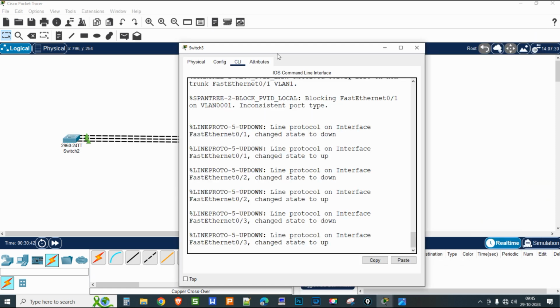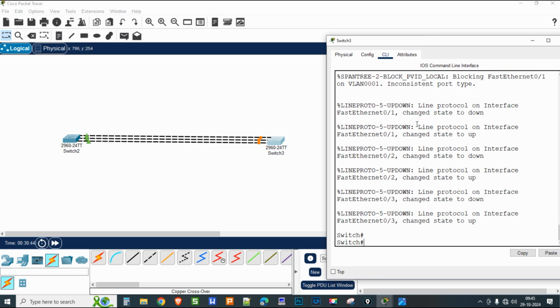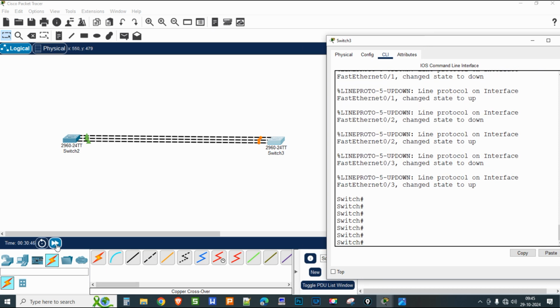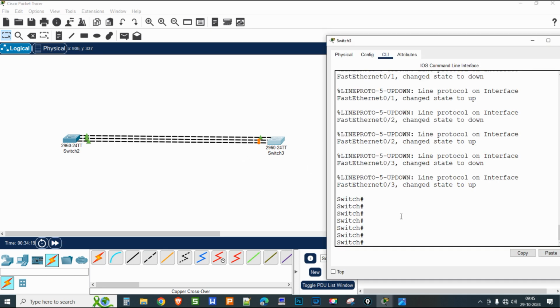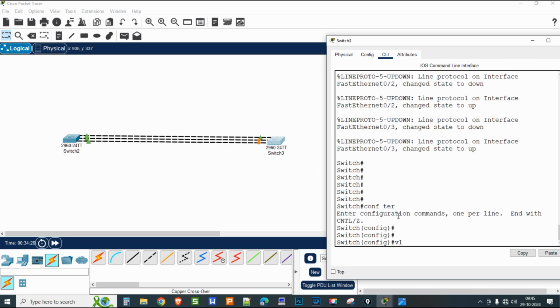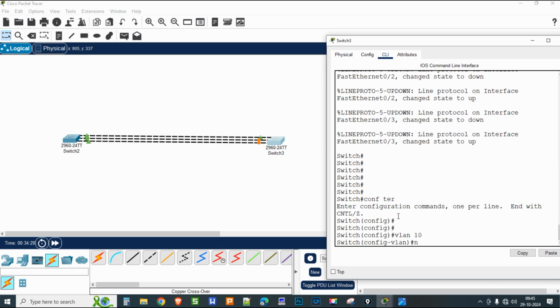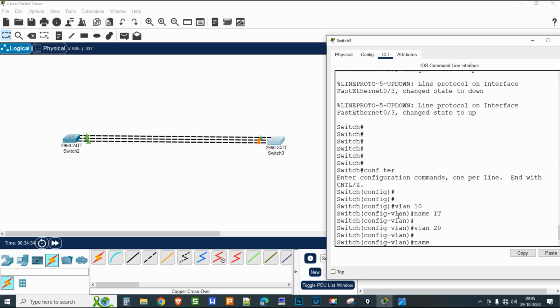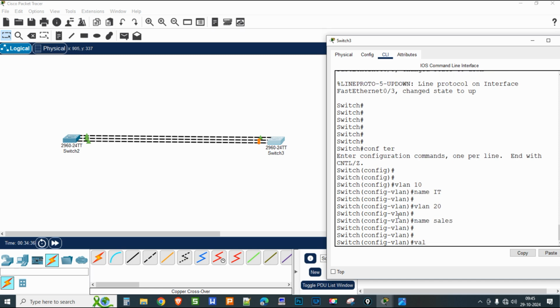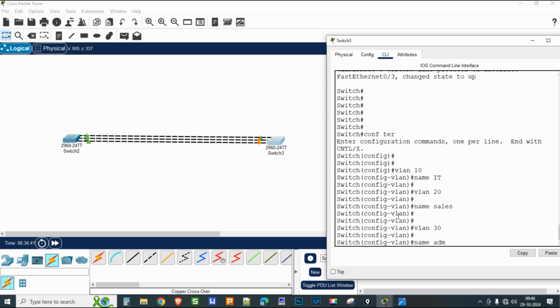Here we need to add the right side also. Still it is blocked. So on both sides we need to configure the port channel, EtherChannel configuration. Before that we need to create the VLANs, VLAN 10 name HR,